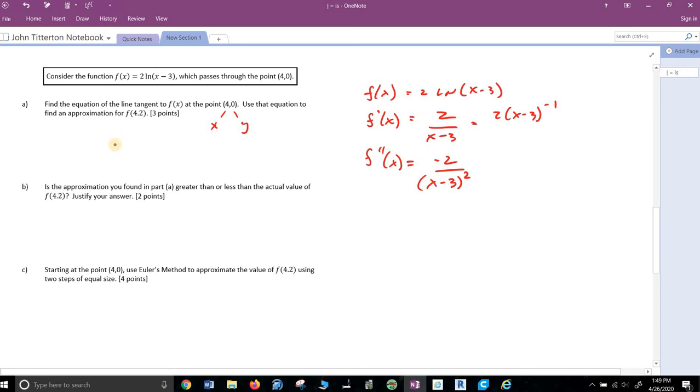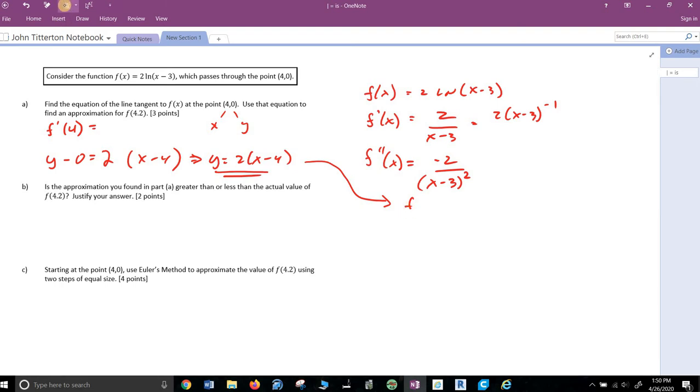All right, we need f prime of 4 because we're going to go y minus 0 equals the slope, which is f prime of 4, x minus 4. So f prime of 4, we plug 4 in up here. 4 minus 3 is 1. ln of 1 is 0. That's wrong. I have to go with the derivative. 4 minus 3 is 1. 2 over 1 is 2. So there is my equation. I will rewrite it. Y equals 2x minus 4. Now they said, oh, by the way, can you plug in